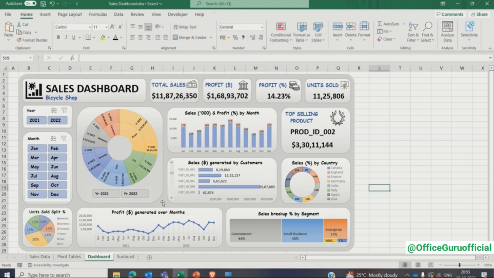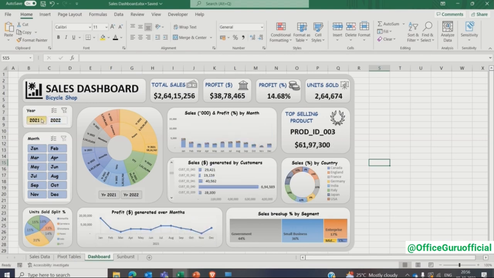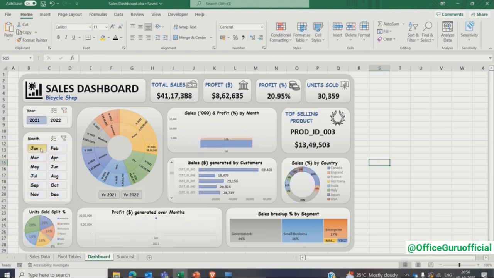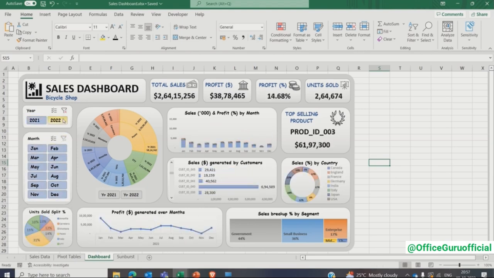Finally, test the sunburst chart and slicer to ensure that the chart dynamically responds to the underlying data and ensure the slicer interacts smoothly with the sunburst chart. This sunburst chart is a powerful visualization tool that enhances your data storytelling capabilities. With this, we conclude our comprehensive tutorial on creating a sales dashboard from start to finish. I hope you found the journey enjoyable and gained valuable